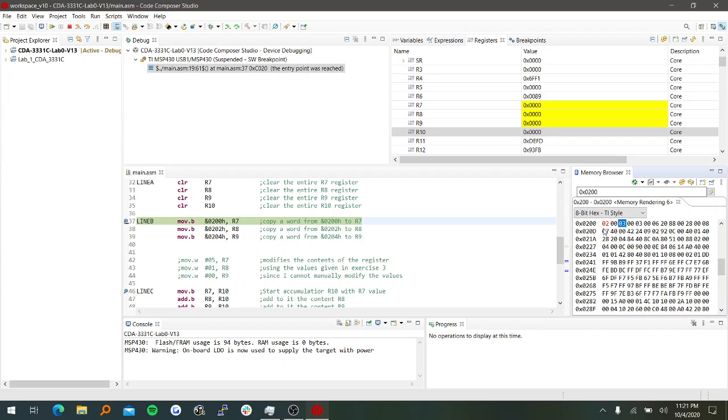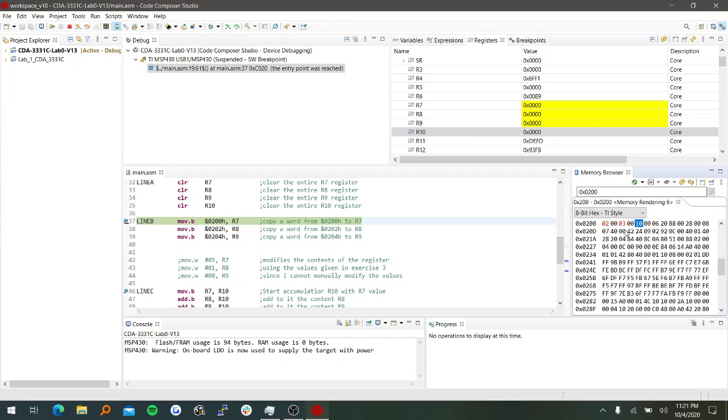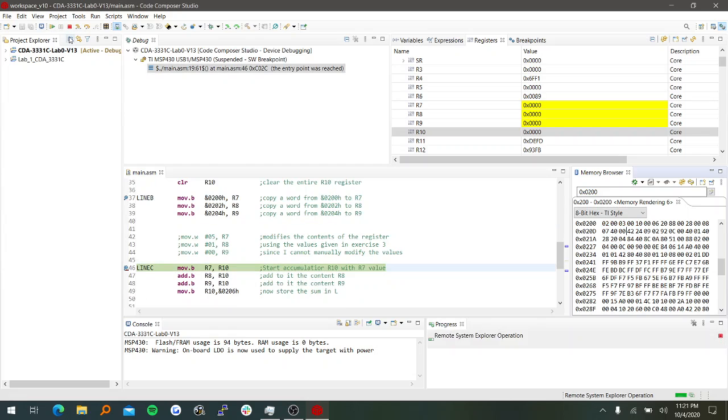Same thing here. Okay? And now, once you run this, you should then get a modified value for registers R7 to R10. So here, we can see again that R7 to R10 changed, in the sense that